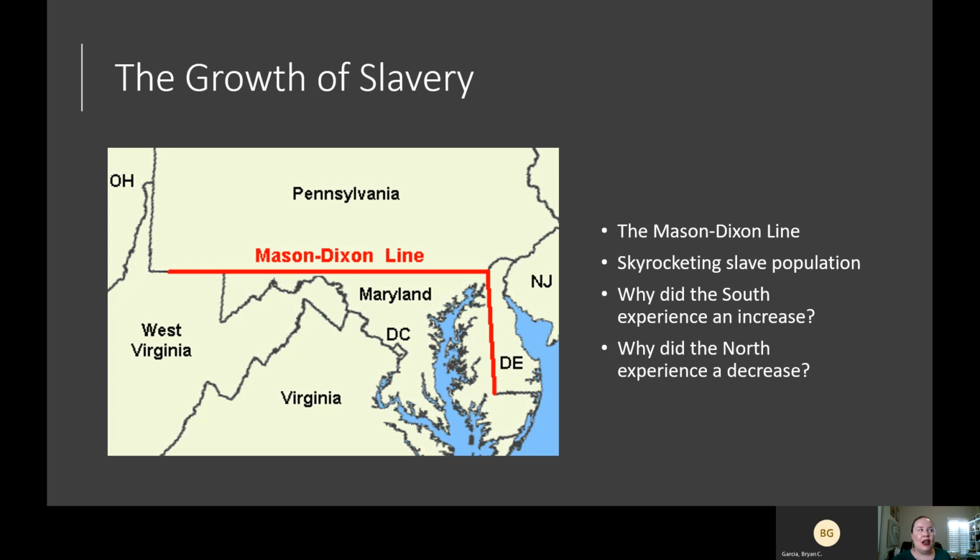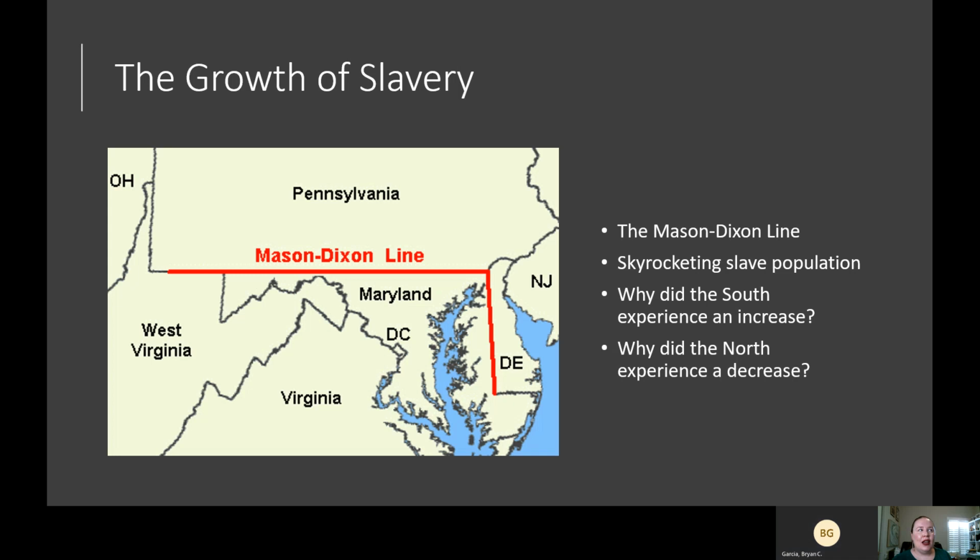So the South experienced an increase, as I mentioned, because of cotton. As cotton becomes in demand, they need labor to process this. So, okay, we understand why the South saw an increase in slave labor to feed the demand for cotton. But why did the North experience a decrease at the same time? Because it was outlawed in most of the states by then, right? In the North? Right. So most of the northern states are moving to outlaw slavery. They're rolling it back either immediately or through gradual emancipation, where they say, okay, you're enslaved up until this age and then you're free. Why were they moving to outlaw it?